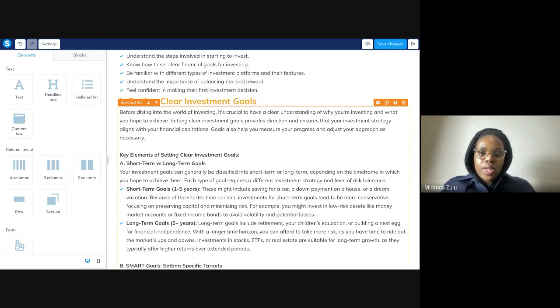And so it's crucial to understand why you want to invest and what you are hoping to achieve from your investments. Investing is really great, but just knowing for yourself, why am I investing? What is my plan? What is my goal? What do I want to achieve from investing is going to help answer quite a lot of follow-up questions after that.